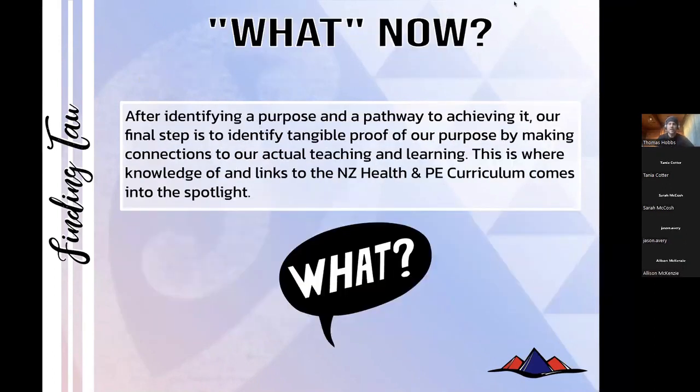So looking at the what. This is often where some educators start in their delivery of the health and PE curriculum, but now that we've got a purpose, a vision, and a way of achieving that, it's important to identify the tangible proof, the evidence of our purpose through connections to our actual teaching and learning. This is where a lot of the links to our national New Zealand health and PE curriculum actually come into the foray. But I do like to start with the why and then the how,